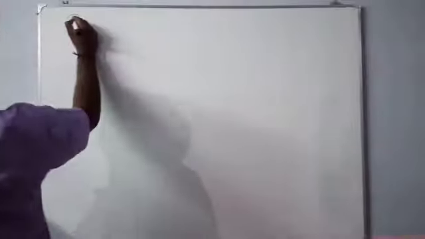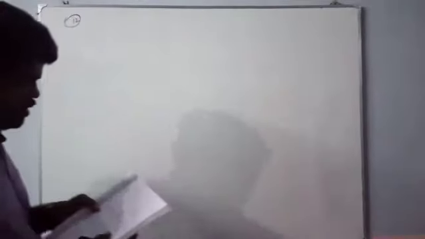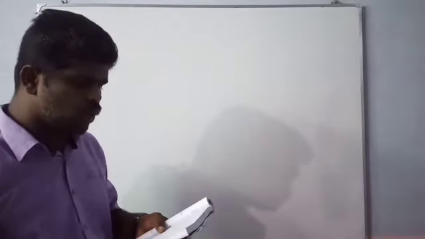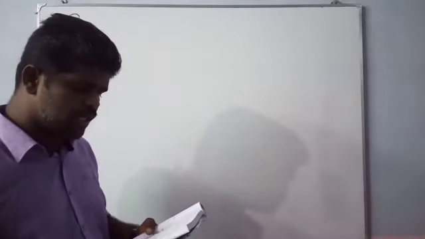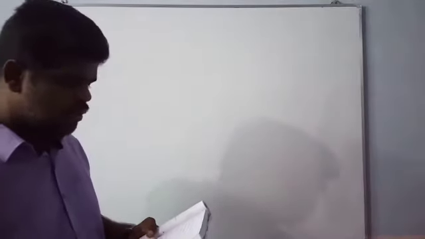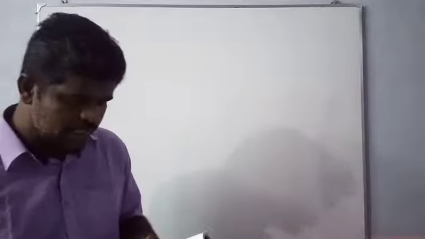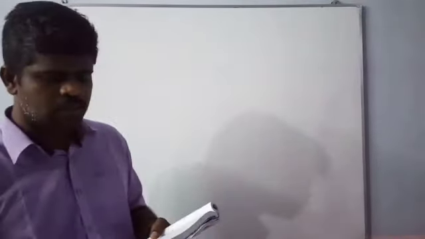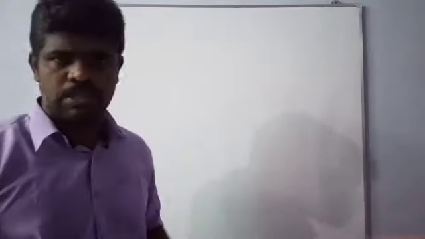And the 12th sum. A 12-meter tall tree was broken into two parts. It was found that the height of the part which was left standing was the cube root of the length of the part that was cut away. Formulate this into a mathematical problem to find the height of the part which was cut away. Right? So this is one more important sum.